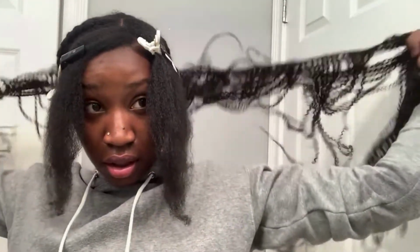And I am going to start putting the hair in. It's still a little bit damp, but that's okay. I also have somewhere to be tonight, so I need to go ahead and get this in. Doesn't matter if it's a little bit damp, it will dry. I'm just unraveling it. Like I said, this is 24 inches, and I'm going to do the best I can to not cut these wefts. So I'm gonna start in the back